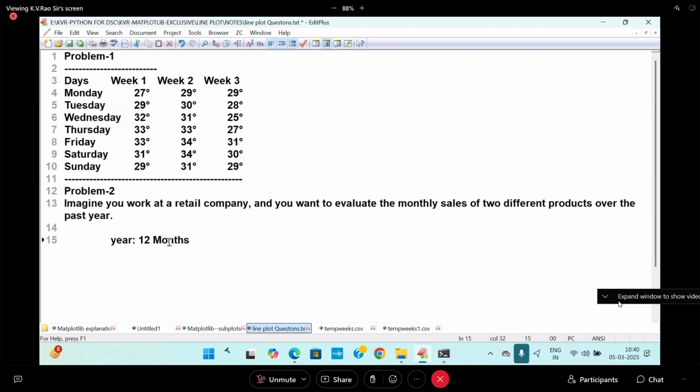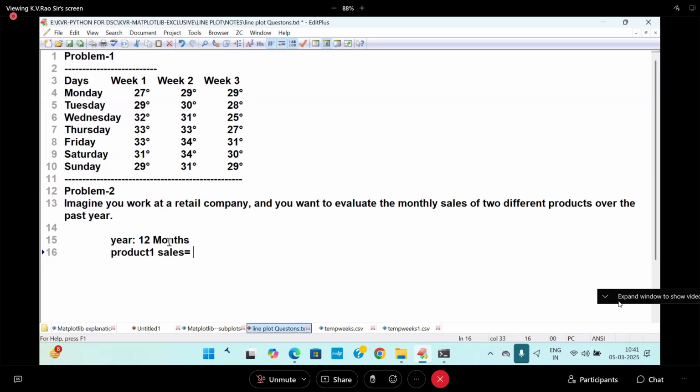So what is product one? What is the product sales? Product one sales. They are giving some values. The product values are differing between 50 to 200. The product sales value ranges from 50 to 200. Any one of the values in the middle of it. The product one is changing its value from 50 to 200. What is the meaning of 50 to 200? Any one of the values means,